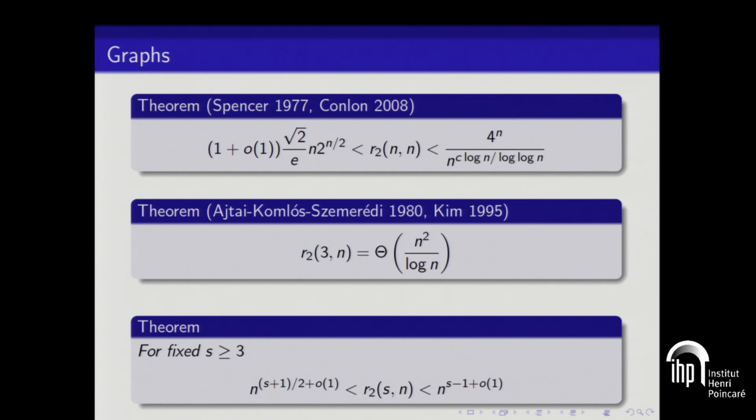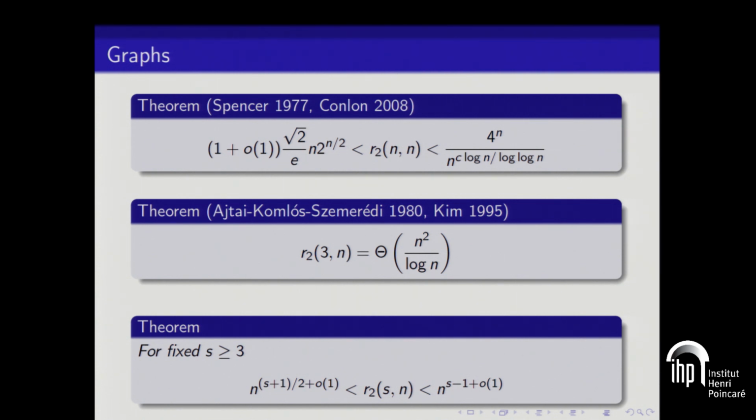And in the diagonal case, this is the most famous problem in the field. We have upper bounds and lower bounds that are exponential. And the big open problem here is to improve the exponent 4 or the exponent square root of 2 from below. There have been improvements on other terms over the years since basically the 1930s, 1940s. And this lower bound of Spencer and upper bound of David Conlon represents the current state of the art.